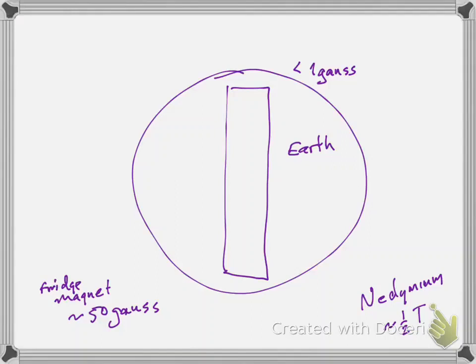Going back to the Earth, let's think about the Earth's magnetic field. It acts like a dipole magnet. It's got a magnetic field. The magnetic field has a north pole and a south pole. And think about what happens when you take a magnet near the surface of the Earth. If you're standing on the Earth